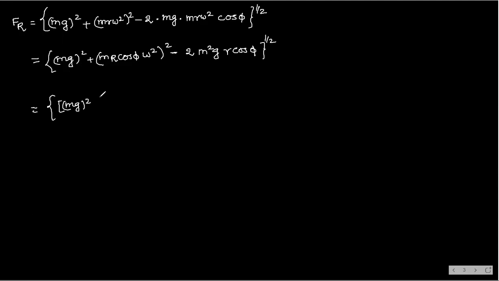So what is left, you see here, it is 1 plus m square is already there, but g square is not there. So what should I keep inside the bracket? This is r square. R square omega power 4 cos square phi divided by g square, so that if I multiply with this factor, you will get the original term,